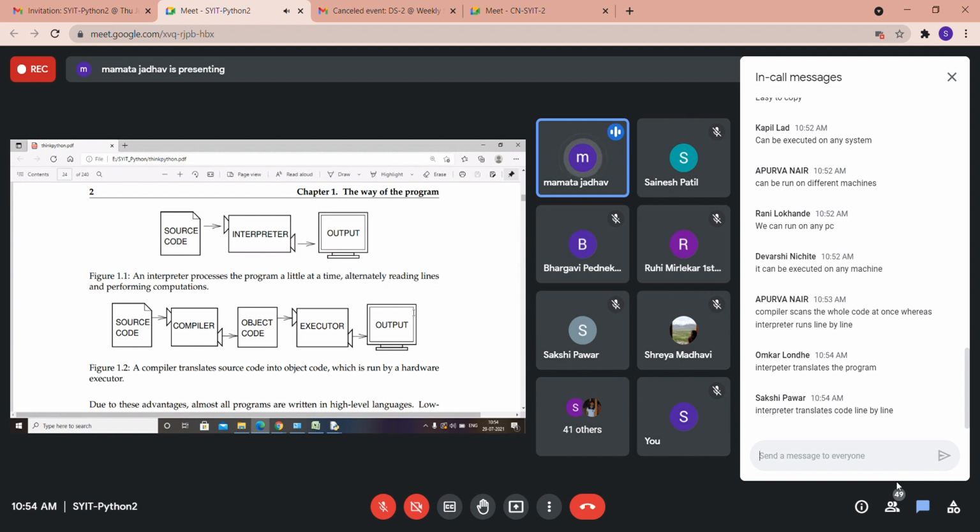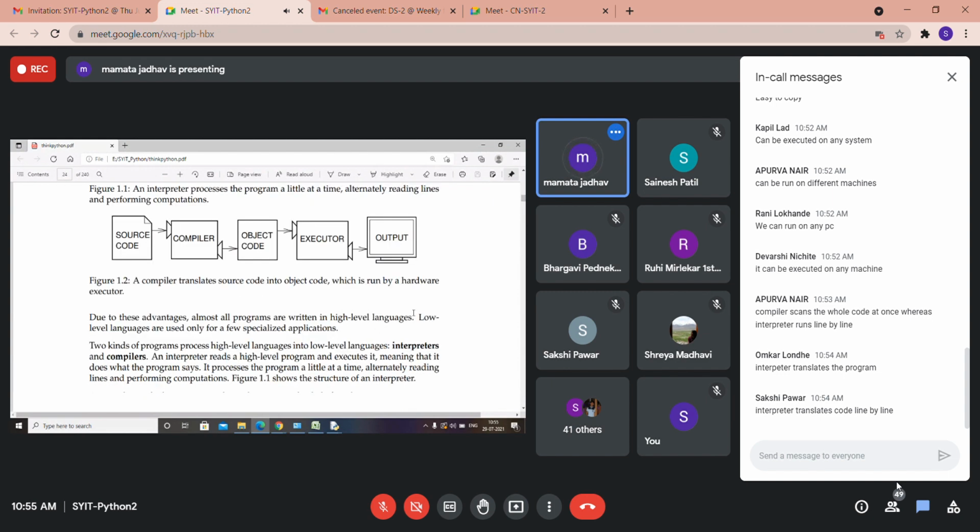In case of an interpreter it translates line by line. In case of a compiler, firstly the entire source code is converted into object code. In Java it is also called bytecode. Then it is given to a software which is an executor and it gives the output.